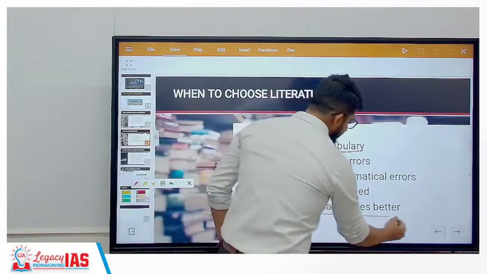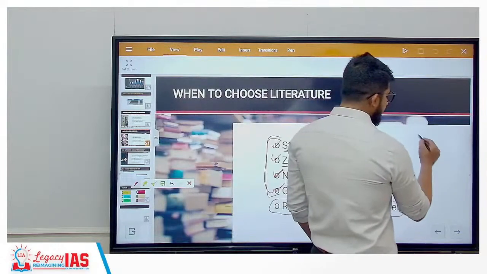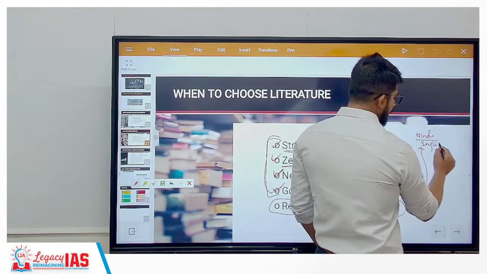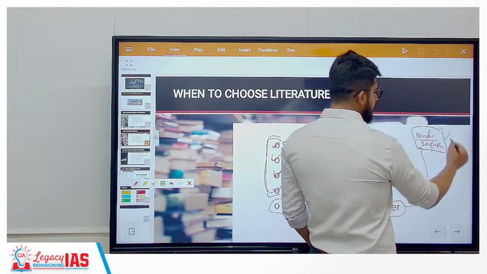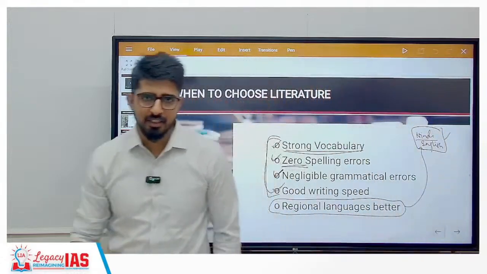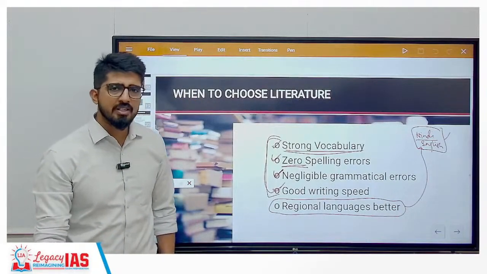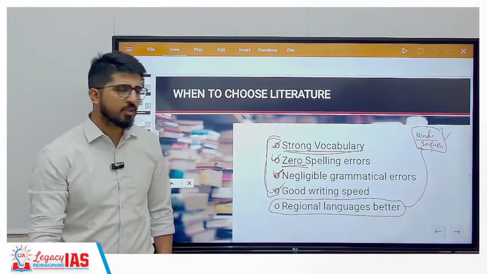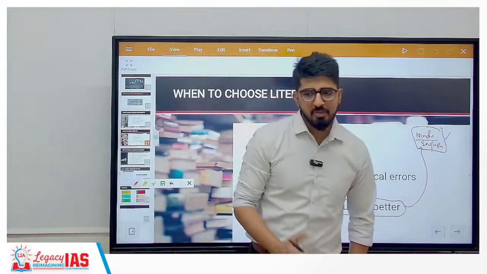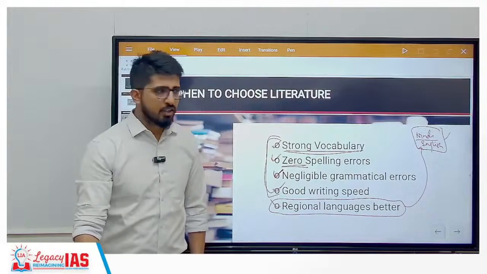So, regional languages are better, as we saw earlier. Hindi and English as literature optional subjects, I would not suggest, just because of the success rates we saw there, right? There's quite a lot of competition. At the same time, whatever competition is there, you don't enjoy the edge. Regional subjects, on the other hand, you enjoy some edge. Why? Because your papers will be evaluated by people from the same state. Okay, you enjoy that edge.